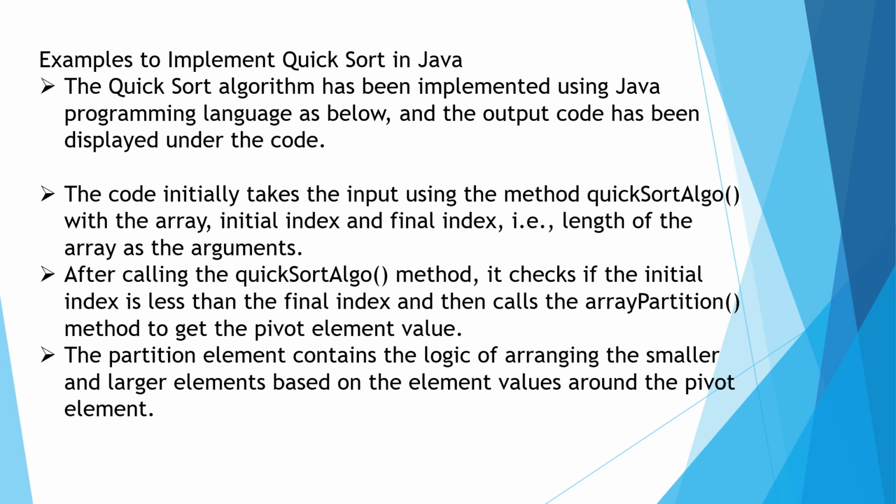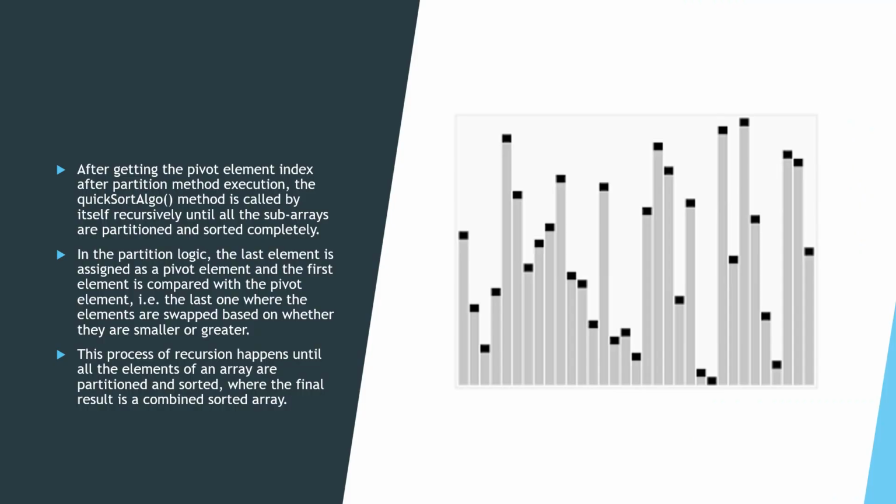After calling the quicksort method, it checks if the initial index is less than the final index and then calls the partition method to get a pivot element. The partition method contains the logic of arranging the smaller and larger elements based on the value of the pivot element. After getting the pivot element index from the partition method execution, the quicksort method calls itself recursively until the subarrays are